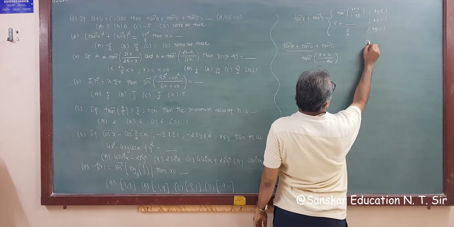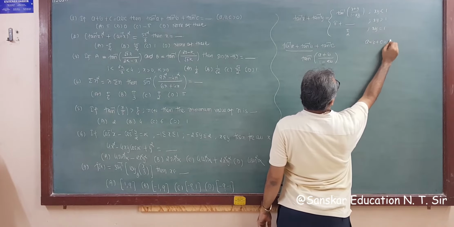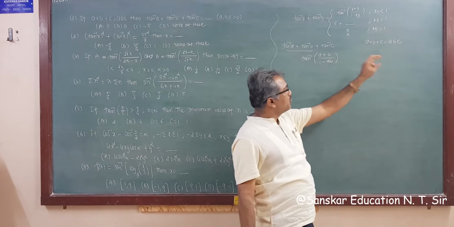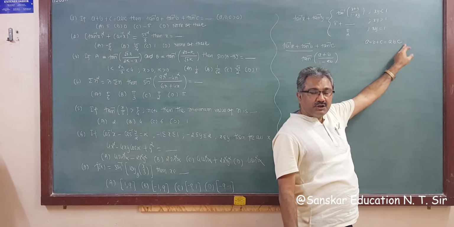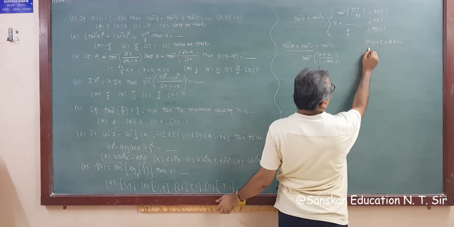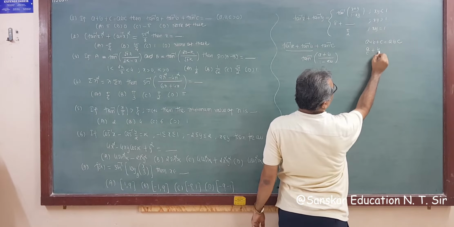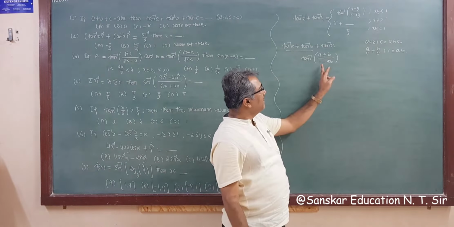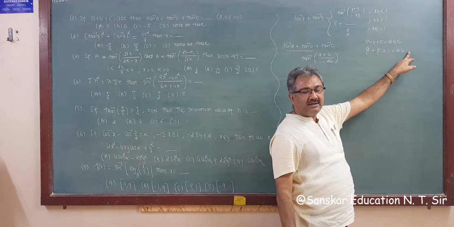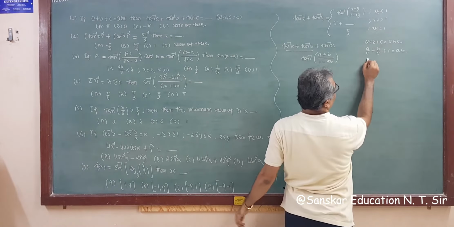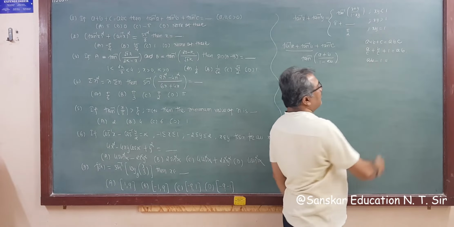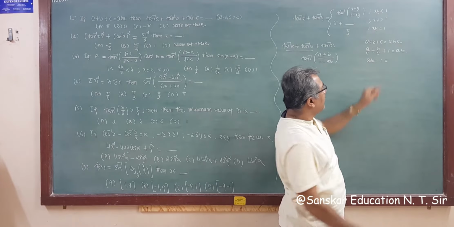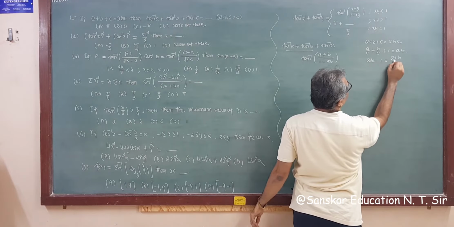So here it is given a plus b plus c is equal to abc. We require ab, so dividing both sides by c, what do we get? a upon c plus b upon c plus 1 is equal to ab. Now what we need is 1 minus ab, so taking 1 to this side, this becomes ab minus 1 is equal to, taking the LCM, both denominators the same, a plus b upon c.